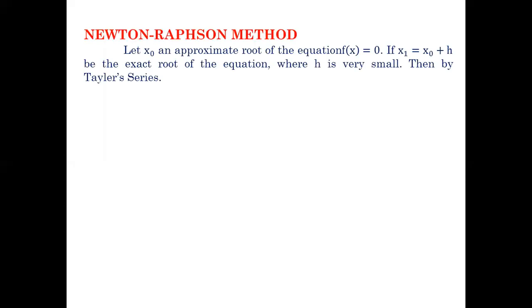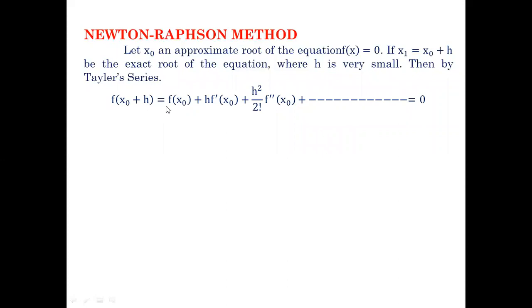Newton-Raphson method: let x naught be an approximate root of the equation f of x equals 0. So f of x equal to 0 means we get the root, but x naught is the approximate root of this equation. If x1 is equal to x naught plus h is the exact root of the equation, where h is very small, it may be a fraction, then by Taylor series, we can write f of x naught